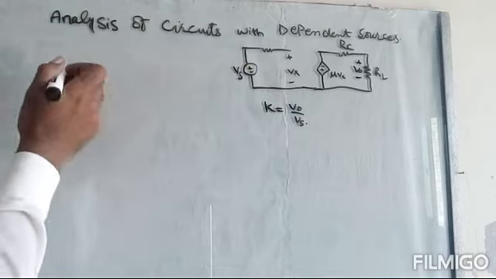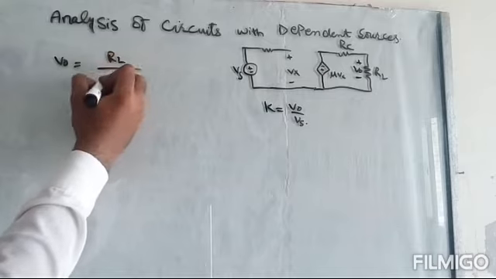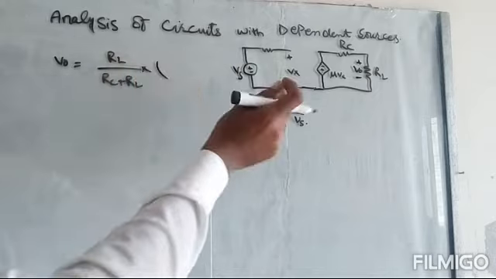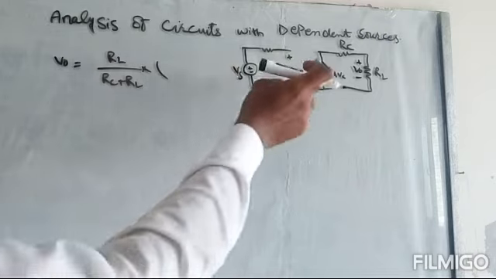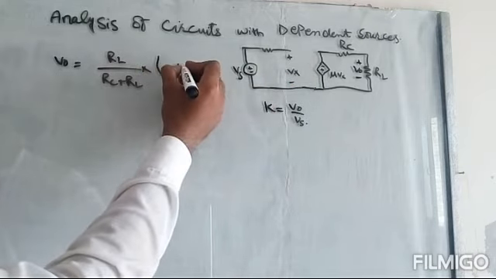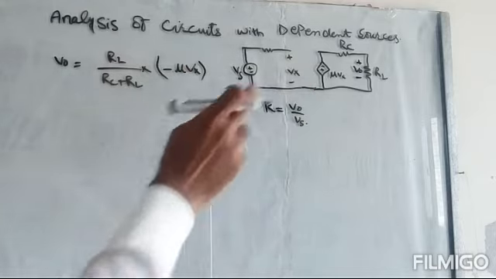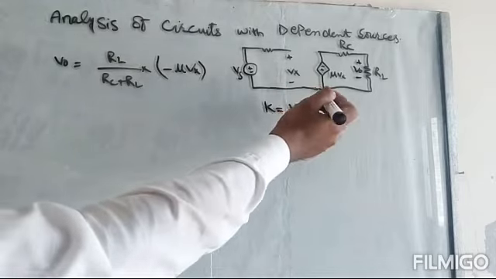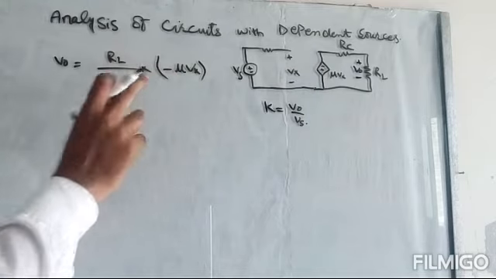For that we can use VDR. So V0 will be equal to RL divided by RC plus RL, multiplied by the source voltage. The second thing is this voltage source has opposite polarity, so we will use minus mu Vx. Most of the time we will be very careful with these signs because many control devices invert the signal. So they can also be used for inversion purposes. So here it will be minus mu Vx.